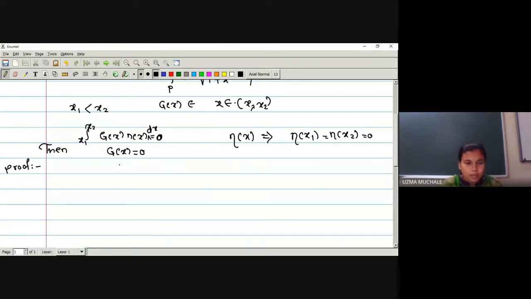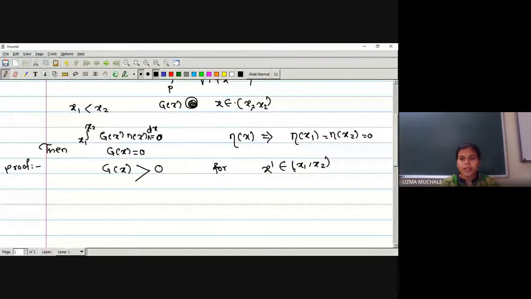For the starting of proof, if I want to prove that g of x is 0, let us take a contradiction. That is, we will assume that g of x is greater than 0 for some point. Okay, from that interval, at a point x dash, the value of g of x is greater than 0. Okay, because we are provided that g of x is one particular function given in the interval x1 to x2. That means x dash is a point from x1 to x2. That means this is the interval provided to us. From this interval x1 to x2, we have a point x dash. In that, the value of g of x is not 0.